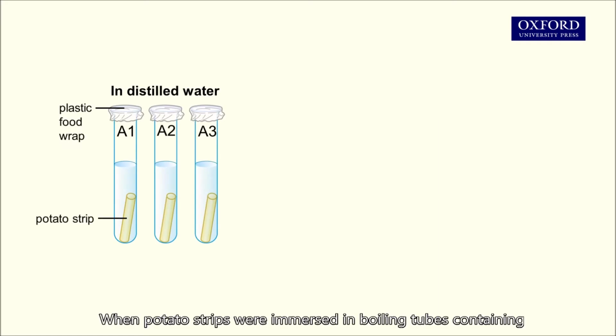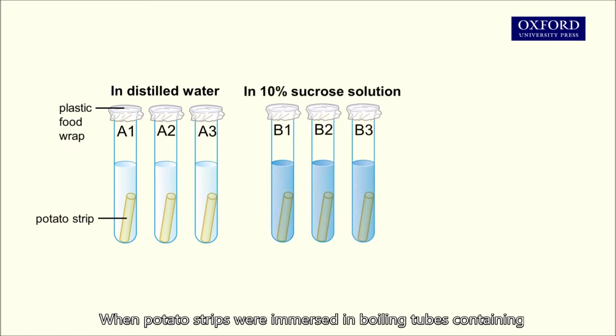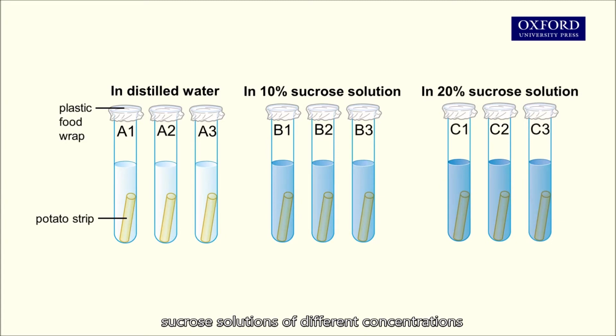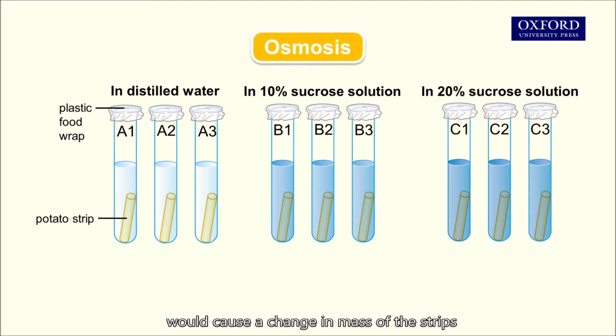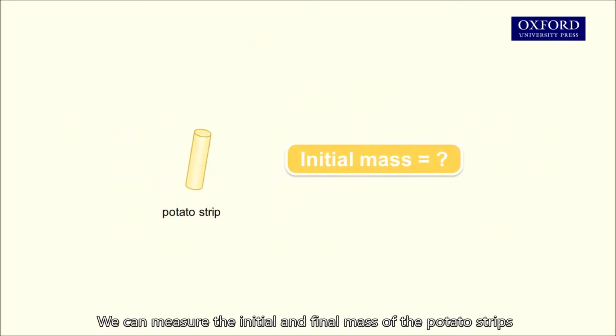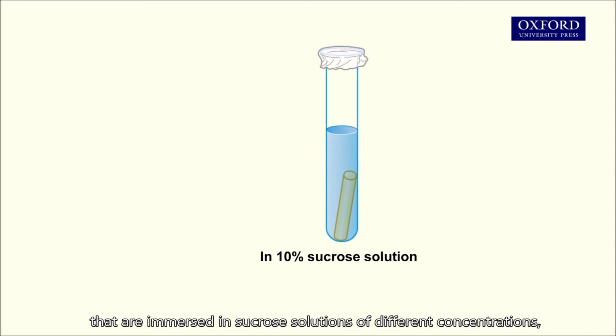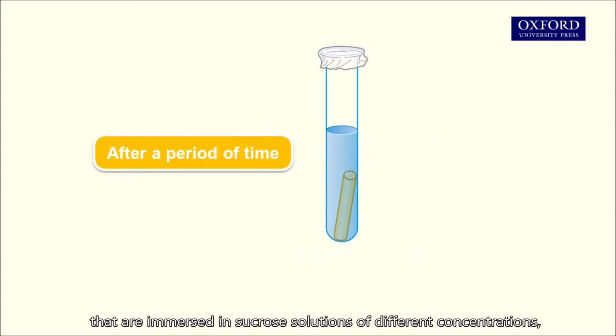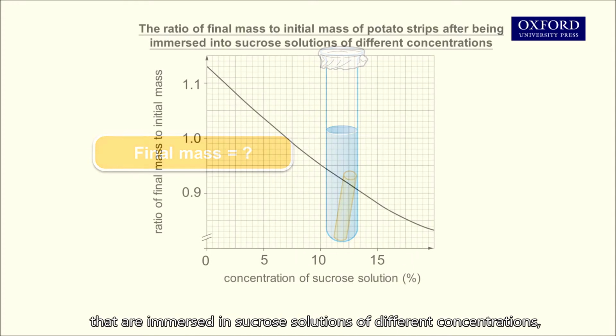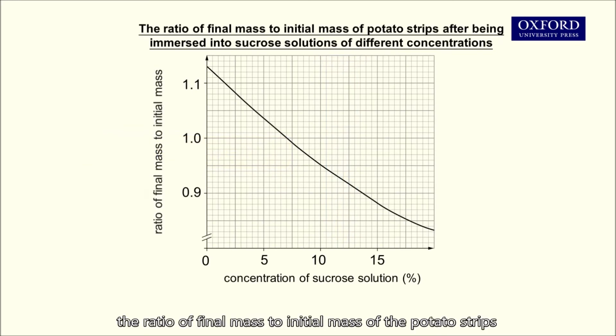when potato strips were immersed in boiling tubes containing sucrose solutions of different concentrations. A net movement of water into or out of the potato strips by osmosis would cause a change in mass of the strips. We can measure the initial and final mass of the potato strips that are immersed in sucrose solutions of different concentrations, and plot a graph to show the ratio of final mass to initial mass of the